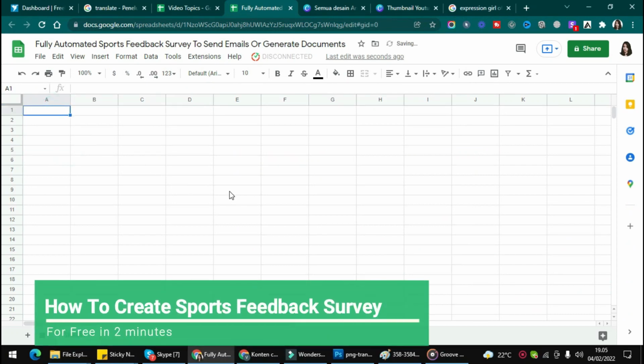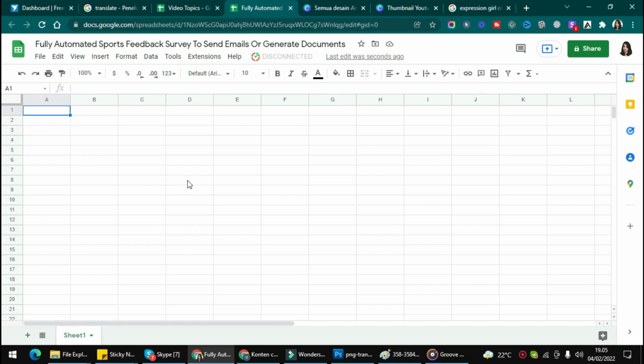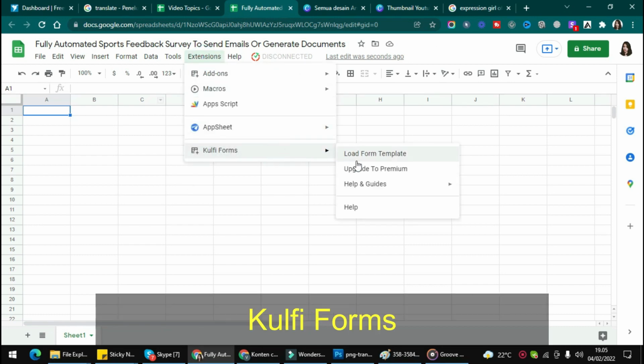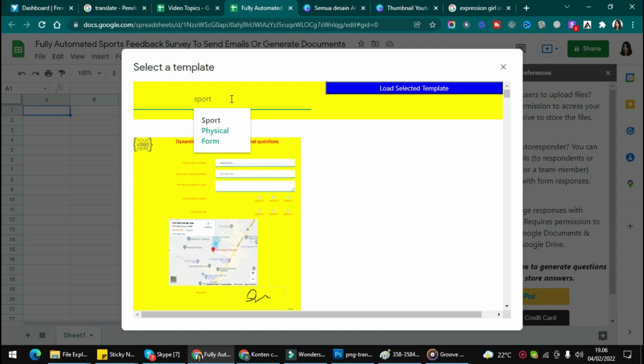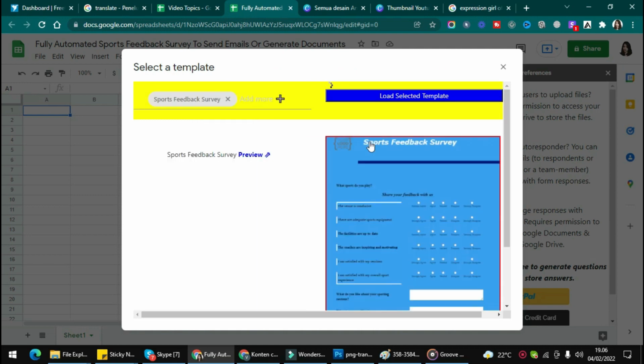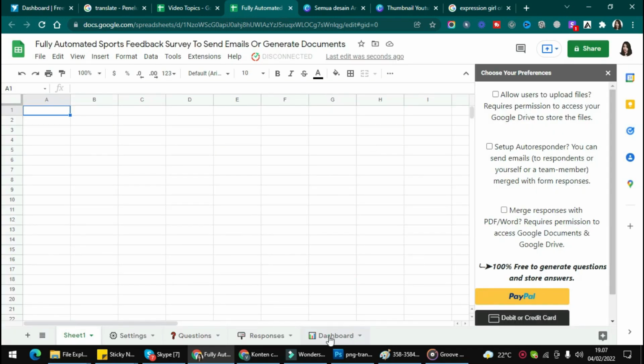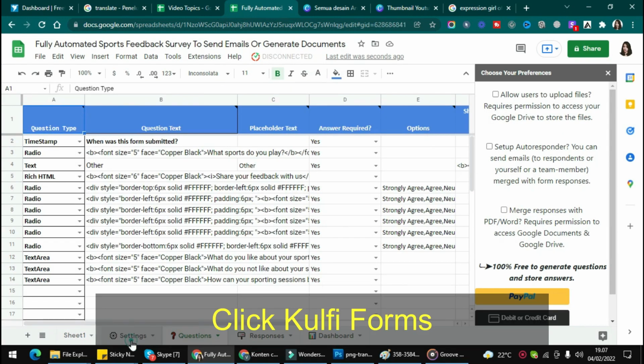In this video, I want to show you how to create a sports feedback survey to send emails or generate documents. First, click extension and click copy forms and load selected template like this. After that, type sports feedback survey and choose the form and click load selected template. Then you will get the dashboard, responses, question and setting step to edit the letter, and then you can refresh